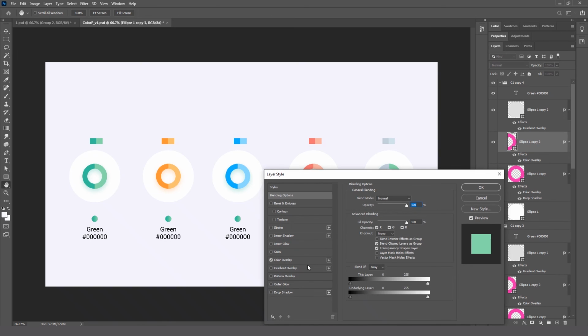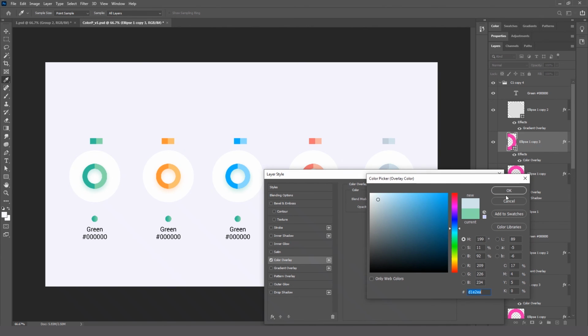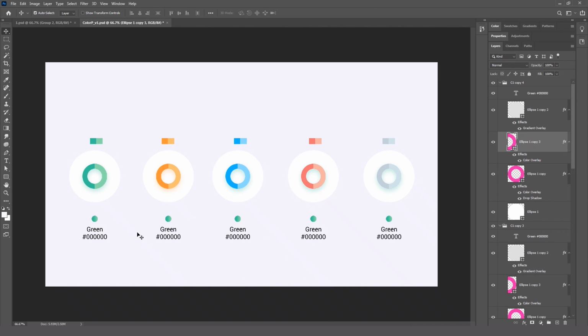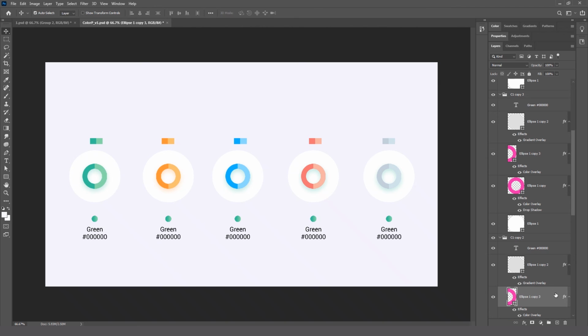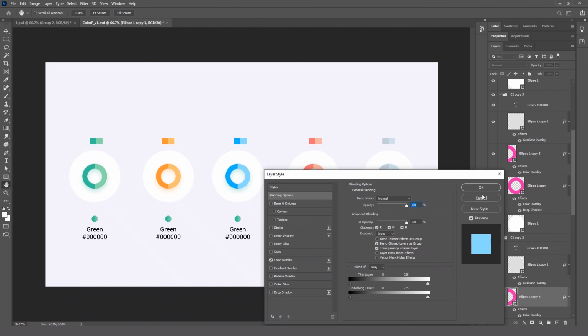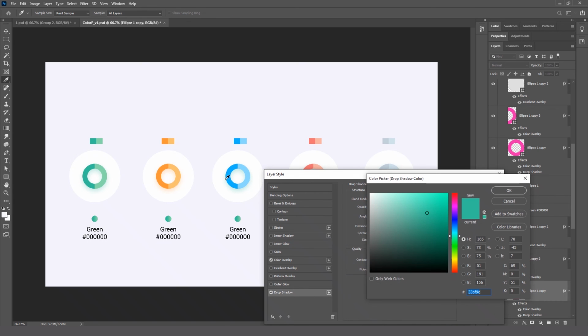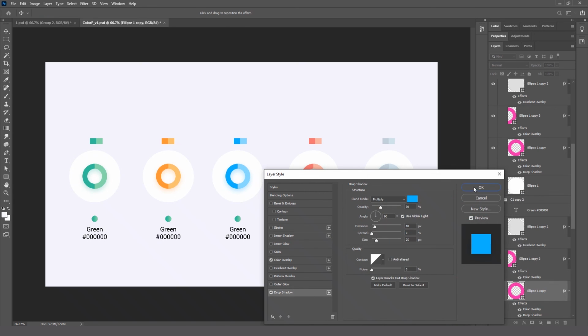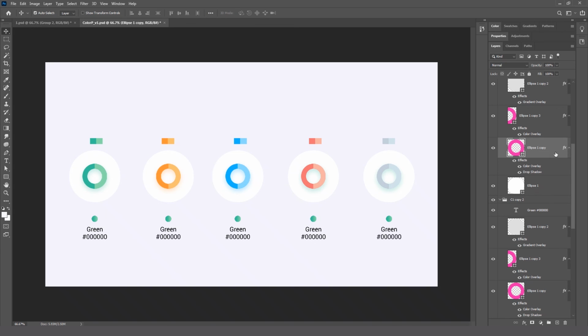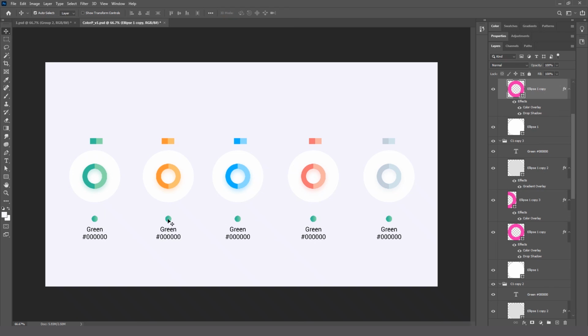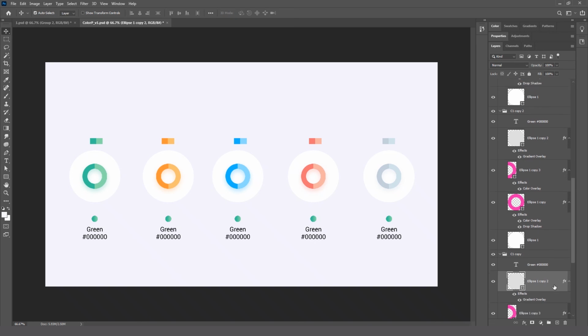So let's continue applying this lighter clay color. Okay, yeah. So now you can see we have added the respective color over here, but we updated the drop shadow only for orange. So respectively we need to add this into blue. So make sure you always select the below round and change the drop shadow for that. So I'm just going to update this drop shadow in blue. For this I'm going to update, we just give a similar gradient to this circle.